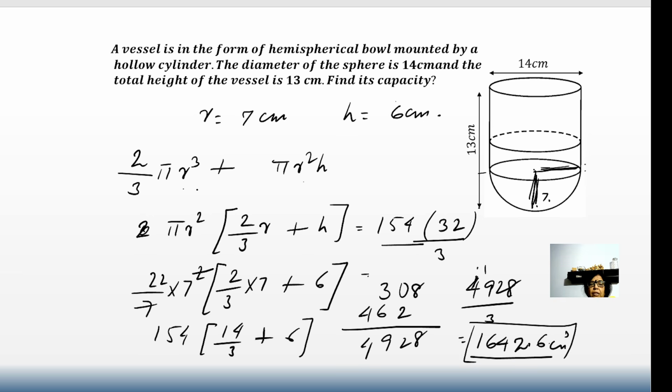So the important thing to keep in mind in these types of combination figures is, first you must take the formulae of the different combinations that are there, simplify them and then put in the values. If you do it separately, you can definitely do it separately, but you will be wasting a lot of time. You will be separately calculating pi r square h, separately calculating 2/3 pi r cube and then adding up. So that takes a little bit extra time. So we should do it this way so that we save our time and can move on to the next question quickly. So these are the initial very simple questions on this particular topic.